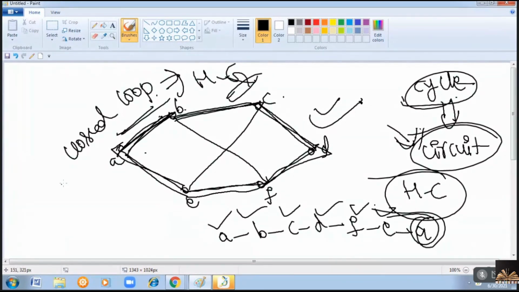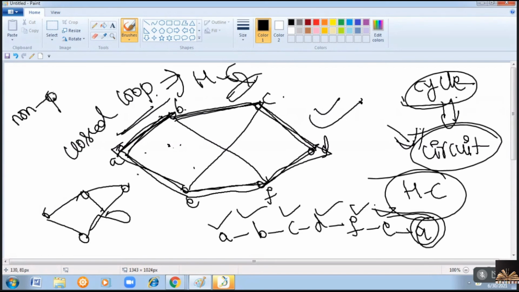So other than these two, closed circuits and complete graphs, if any other graph is given, you have to verify all the possibilities, all the possible combinations. It's like a trial and error method. You have to try all the possibilities and check whether there exists a Hamilton circuit or not. That is the reason we call it a non-deterministic, non-polynomial problem. Non-polynomial problem means we don't know when we will get the result.